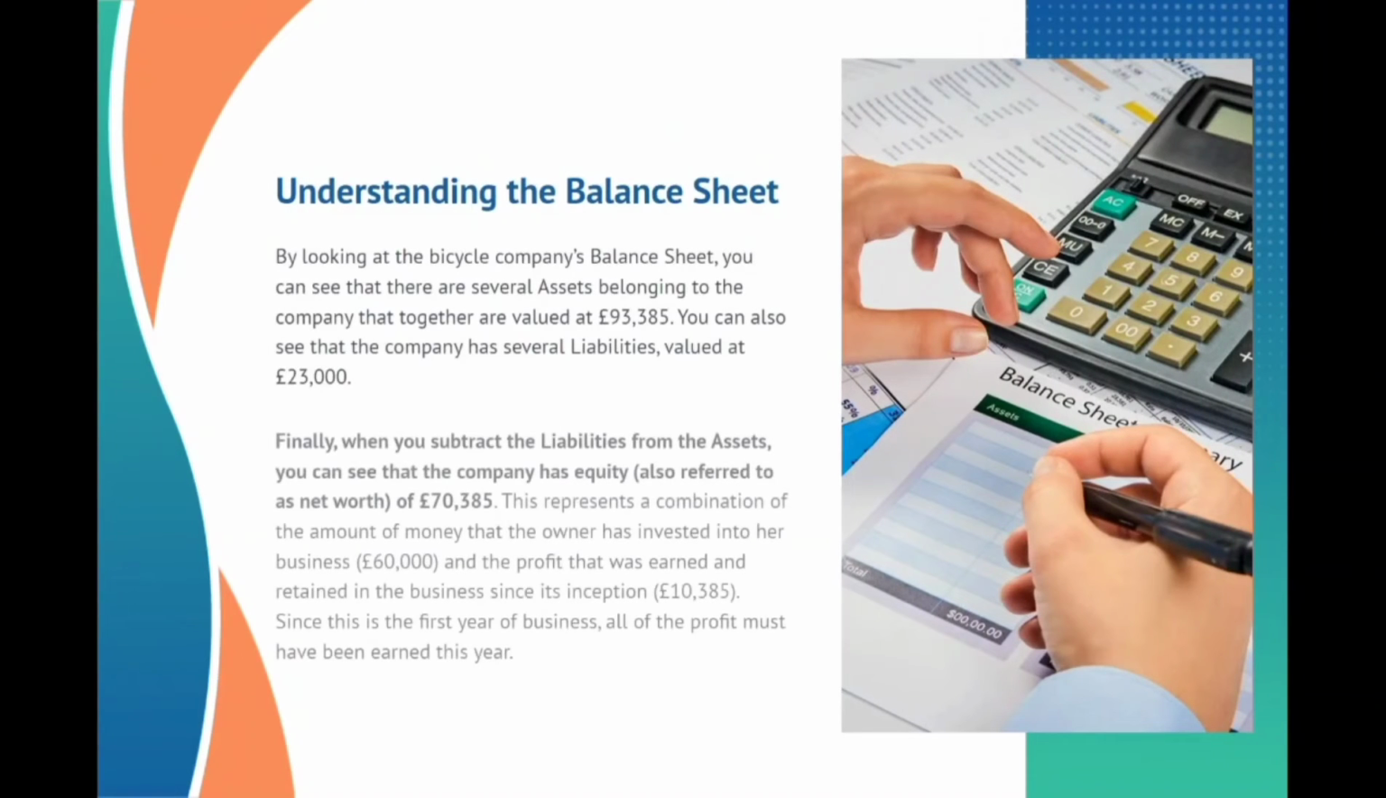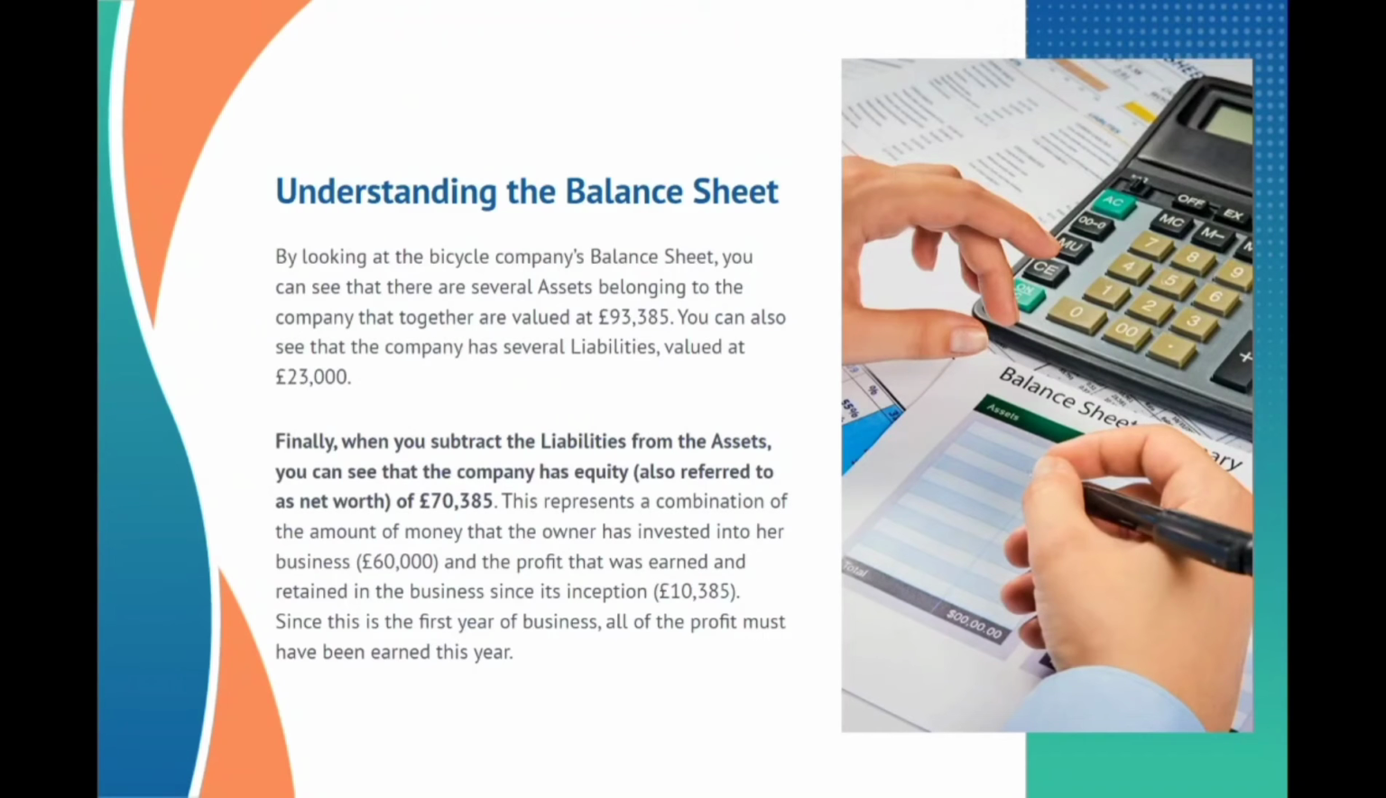By looking at the bicycle company's balance sheet, you can see that there are several assets belonging to the company that together are valued at £93,385. You can also see that the company has several liabilities, valued at £23,000. Finally, when you subtract the liabilities from the assets, you can see that the company has equity, also referred to as net worth, of